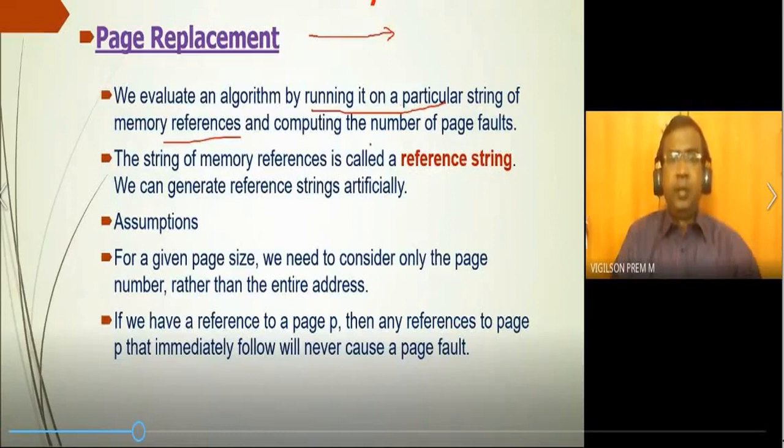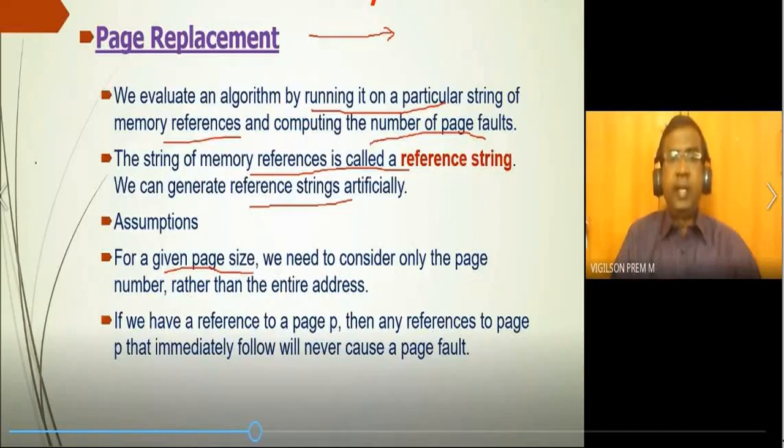Okay. So in order to compute the number of page faults, already we have discussed what a page fault is. If the required page is not available in the main memory, then a page fault occurs. The string of memory references is called a reference string. We can generate reference strings artificially. On your own, you can generate the reference string by having two important assumptions. What are the assumptions? First one, for a given page size, we need to consider only the page number rather